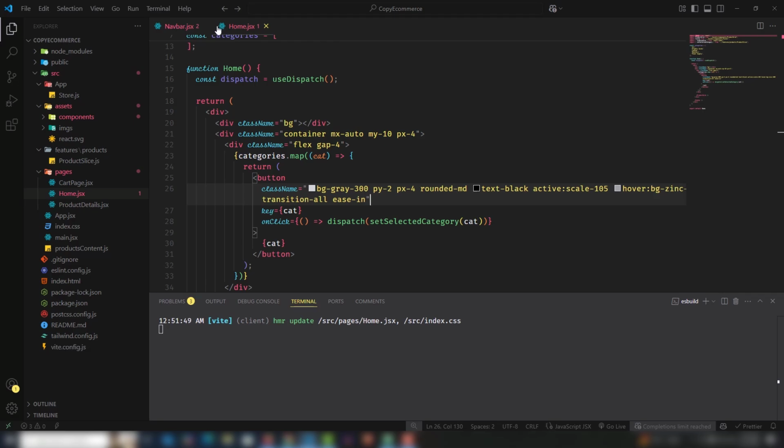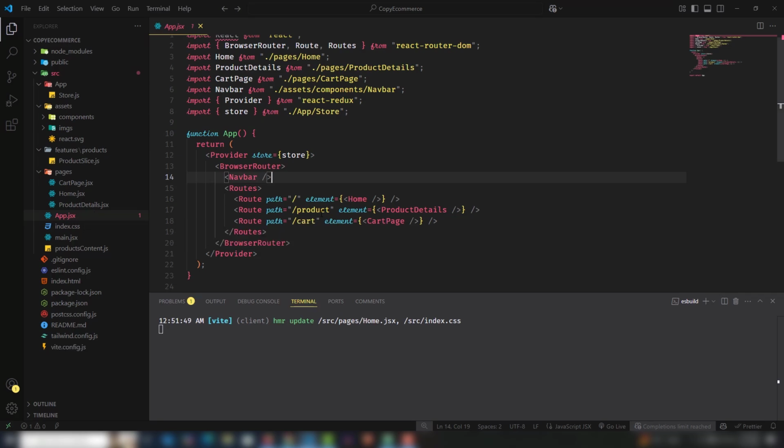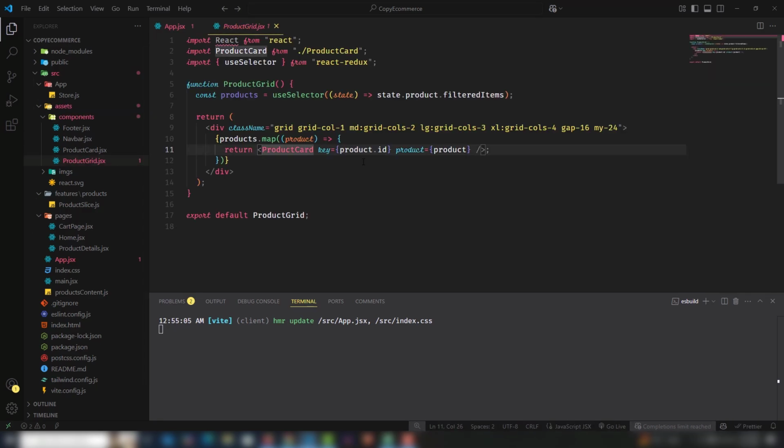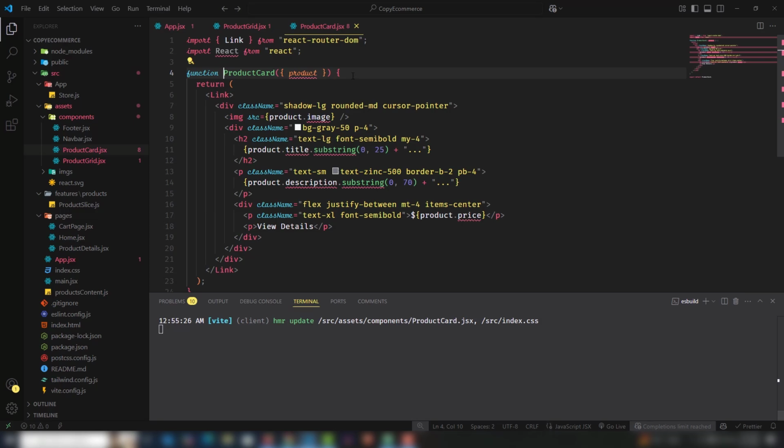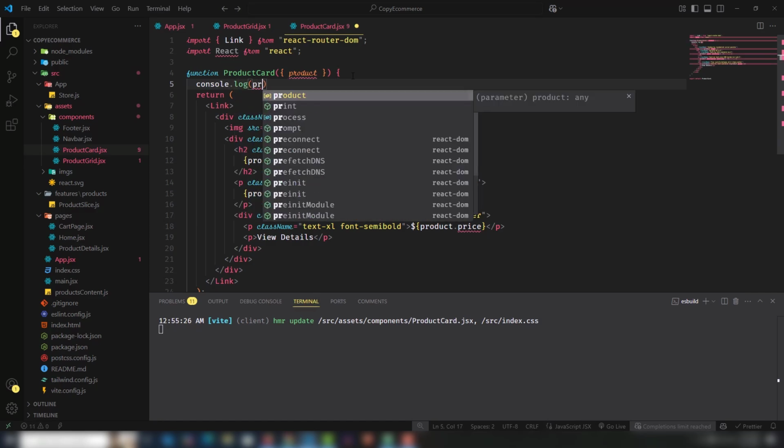So I need to remove all of the things, just leave the, no, I'm going to open the App.js file. Inside there you need to target the path product slash, passing the parameter as ID, right? It is very important to pass the parameter as ID. The element is the same, ProductDetail. The next thing, you need to move to the product, where the product grid is, and inside there you have passed the key as product.id, right? And I'm going to open this file as well. So let's see what you will get inside there. So I need to target the product.id,